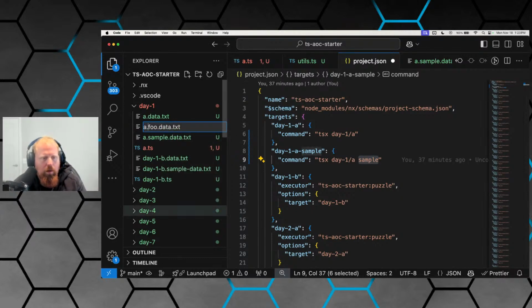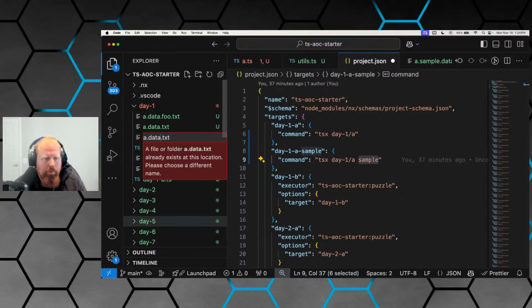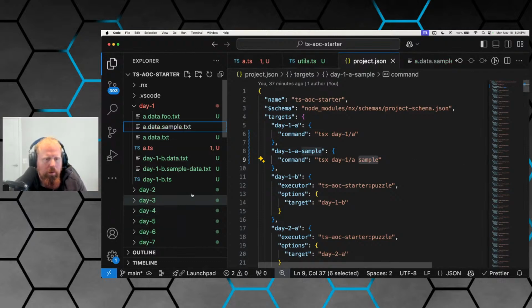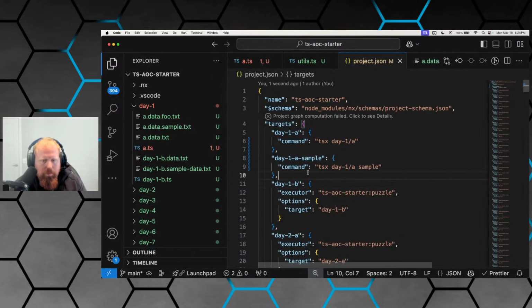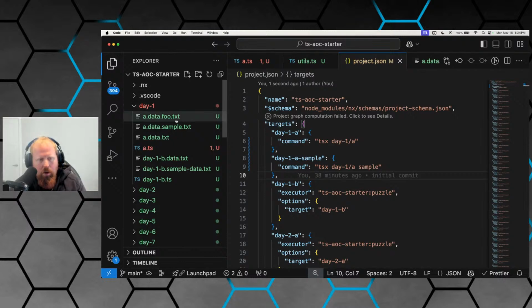So a dot data dot foo, a dot data dot sample. We could check too, like in the Project Crystal stuff. We could actually check just based off the presence of these things. So we can make this super convention based, which I think I want to do for the first iteration. I'm not sure we'll keep that,